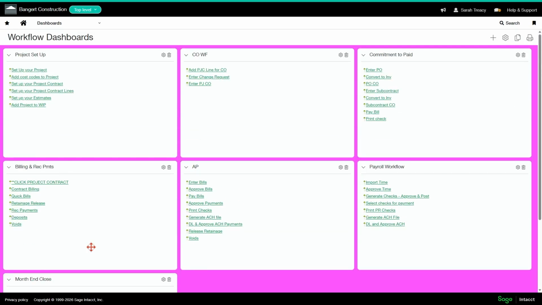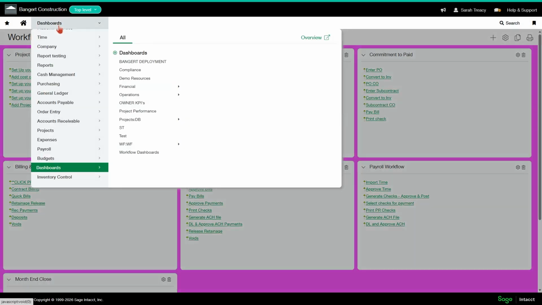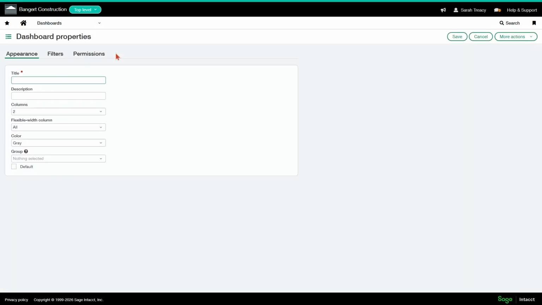So how to set up your dashboard then? So we're going to click our drop down, and where it says dashboards, we're going to hit the little plus button. And you need to give it a title. So I'm going to call this workflow. You can give it a description if you like. And then in the columns, how many columns do you want to have within the dashboard? And I'm only making workflows, so it's irrelevant to me. I'm only going to do one, but if you needed to do more than that, that's totally fine.